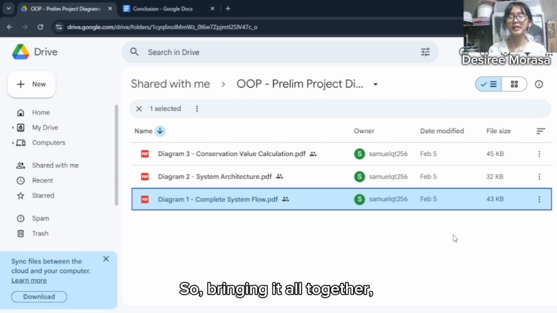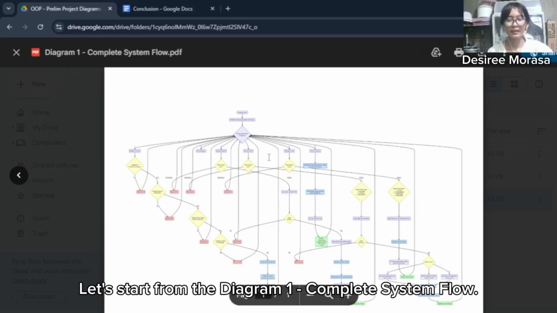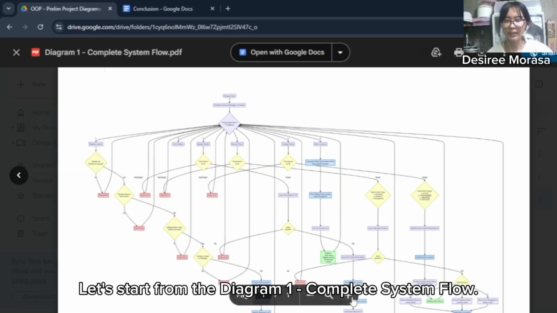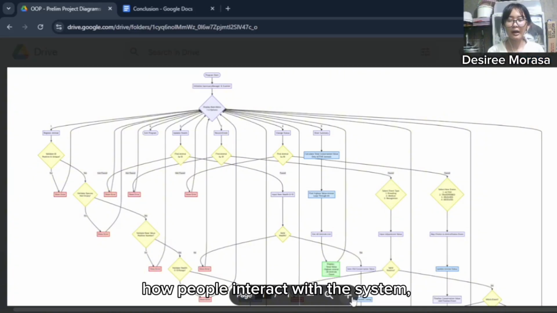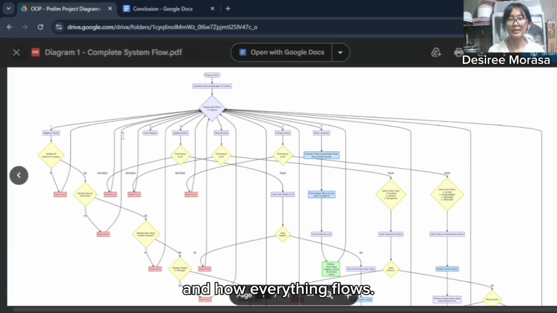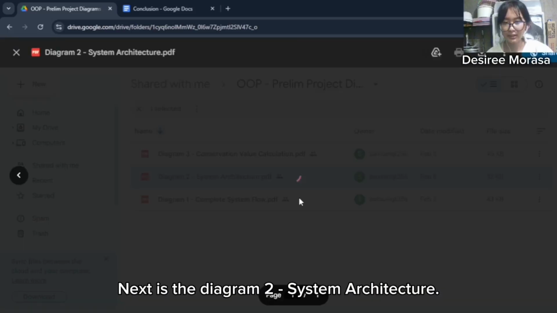So bringing it all together, we have here the three diagrams, and these diagrams work together to tell a complete story. Let's start from diagram 1, complete system flow. This diagram 1 shows the user journey, how people interact with the system, how validation protects the data, and how everything flows. Next one is the diagram system architecture.